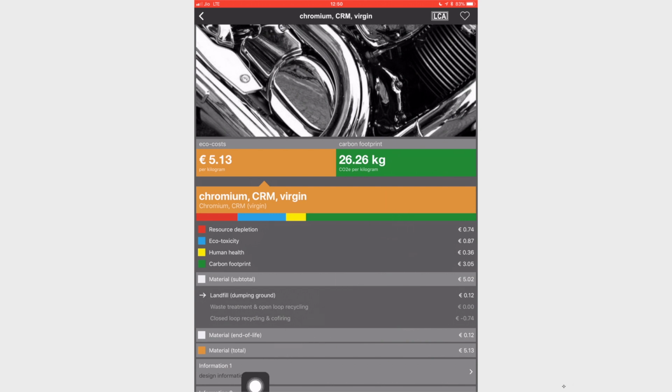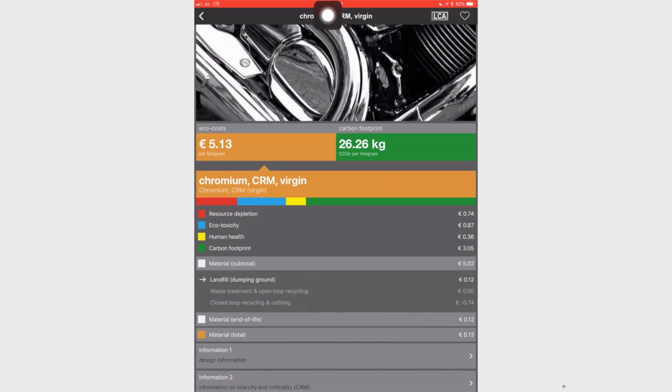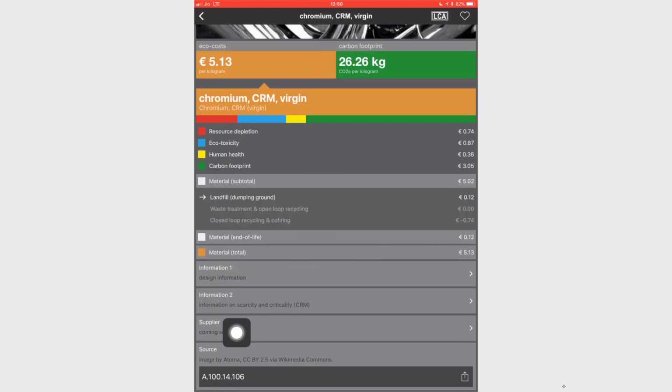Here you can see you have information 1, design information 1. Let's click on the information 1. You have to have a working internet connection because it goes to that particular website and gives you the information. Your information 2 was on scarcity and criticality CRM, which we already saw. Since this application is still under development, there is no information on supplier, but soon there will be information on the same.